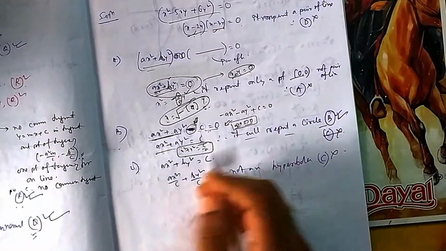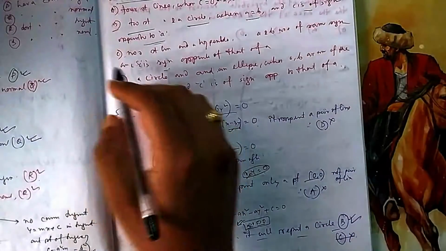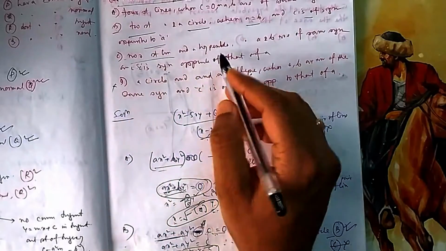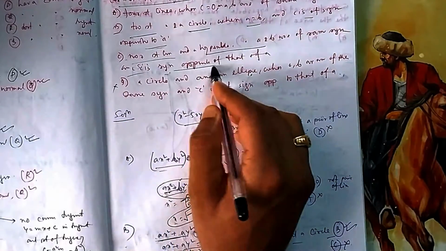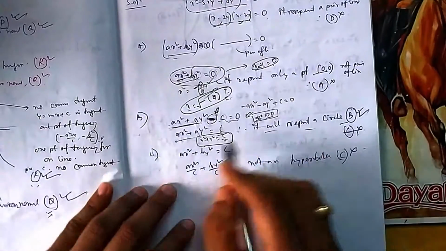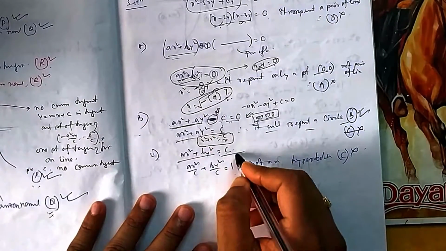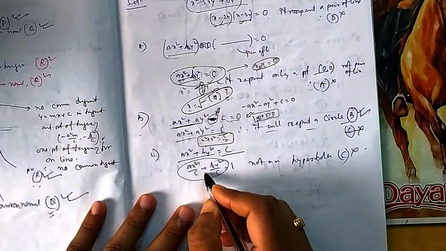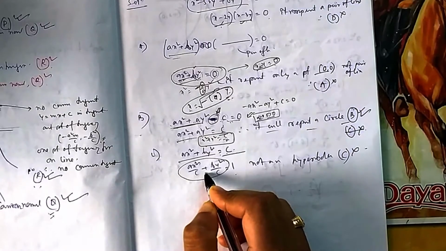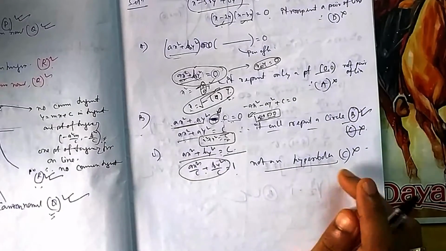Now you come to C, because it was a multiple correct. Number 2, straight line, okay, and a hyperbola. AB are of same sign. C is the sign opposite of A. So again of this fashion, C is a sign opposite to A. So it will be minus, it will go that side. So it is not a hyperbola, because in hyperbola there is a minus sign. So it is not a hyperbola. So obviously C is not the answer.